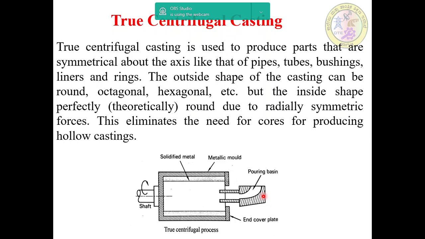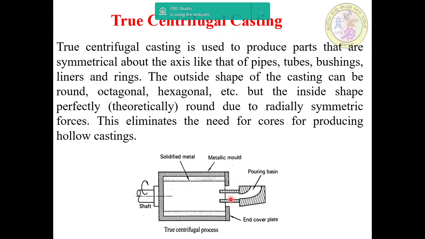Here the figure shows the simple true centrifugal process. In this I will explain the process. Here the mold of the desired shape is prepared. This is the metallic mold of the desired shape, and the walls are coated with a refractory ceramic coating, and then the mold is rotated about